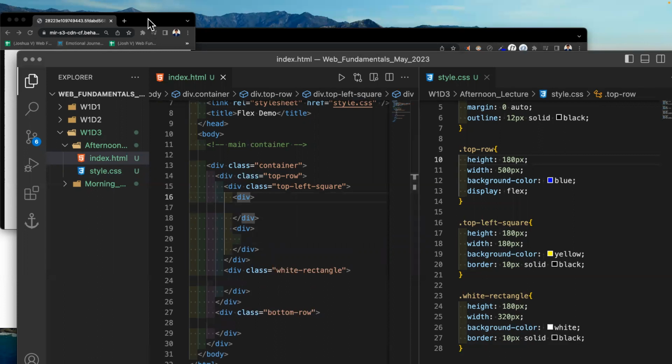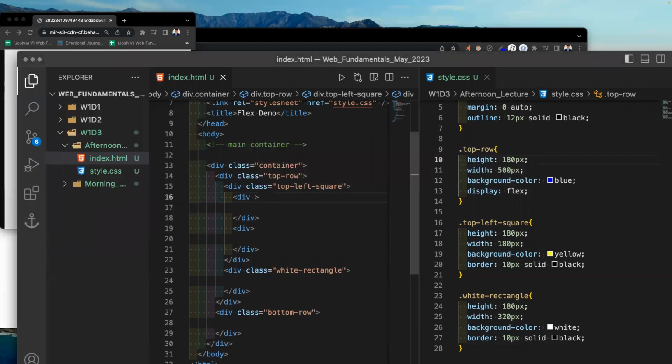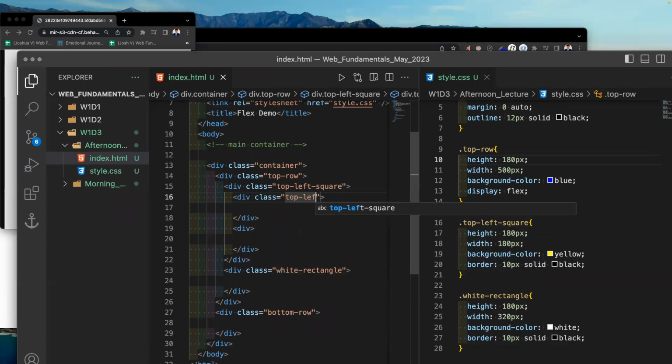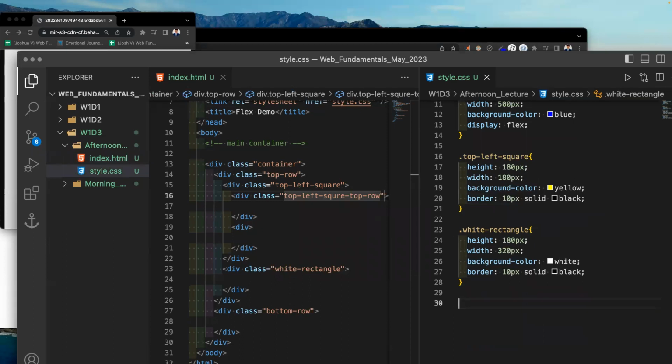The first div in our top left square is going to be this row with the blue square and the yellow block. Okay, so on my top left square, we have our top left square top row. Okay, now it's going to get complicated. Top left square top row. Let's target that now. Top left square